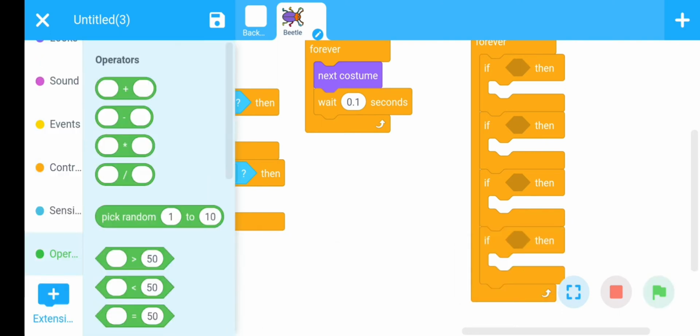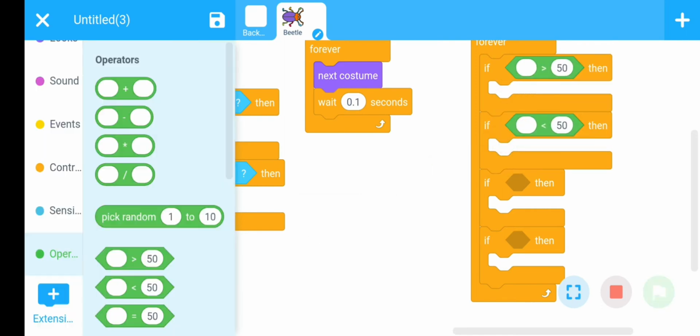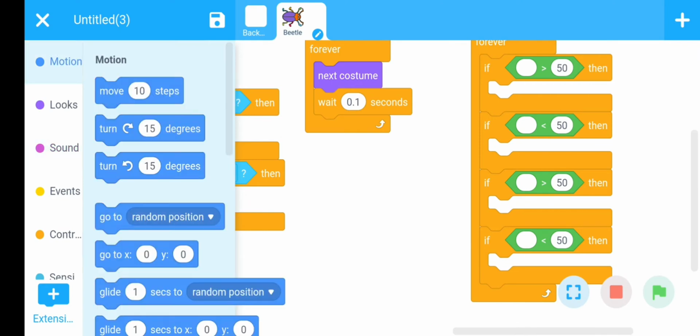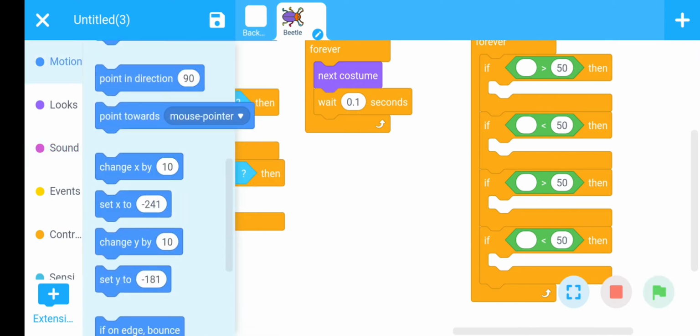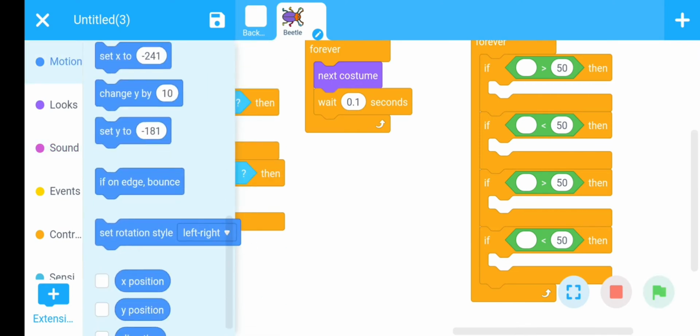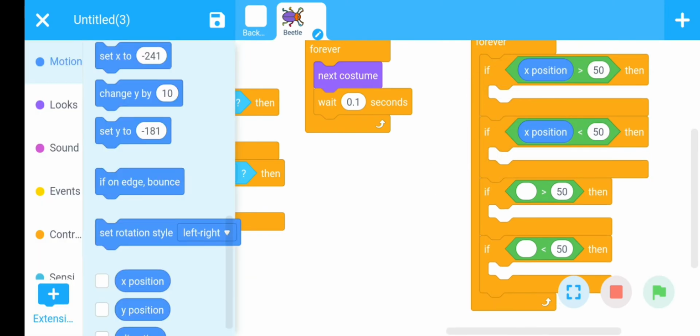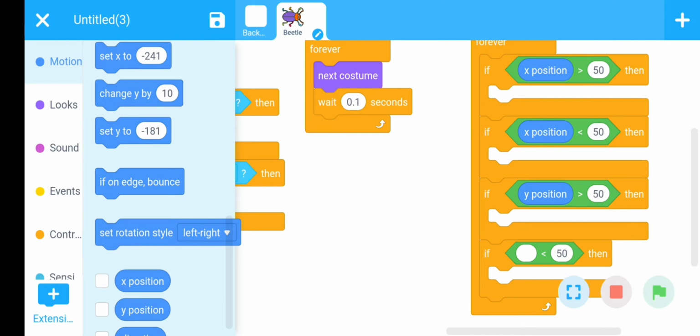Now go to operator section, use greater than and less than operator here. Now go to motion section, use here x position and then y position.